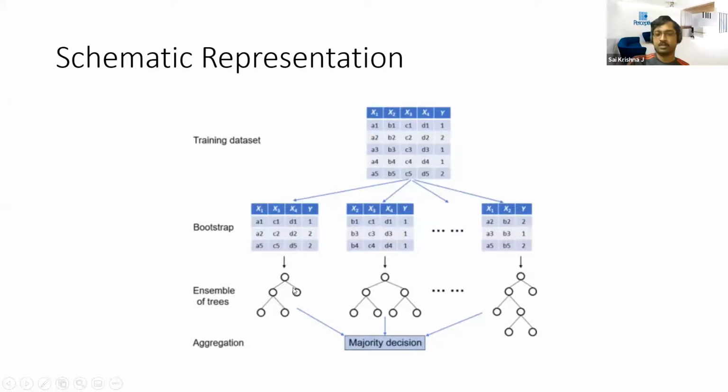Okay, so let's say we have 3 trees. For a given set of observations, let's say for this example, A1, B1, C1, D1. For this particular row, let us say the first tree predicts that the person will vote for party number 1. The second tree also predicts the person will vote for party number 1. The third tree predicts the person will vote for party number 2. Okay, so what is the majority? Majority is party number 1, right? That is the majority prediction, because that has been predicted by 2 out of the 3 trees. So that majority decision will be given as the final result of the random forest algorithm.